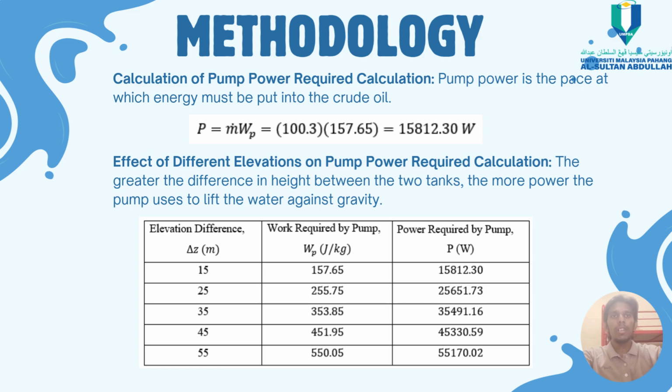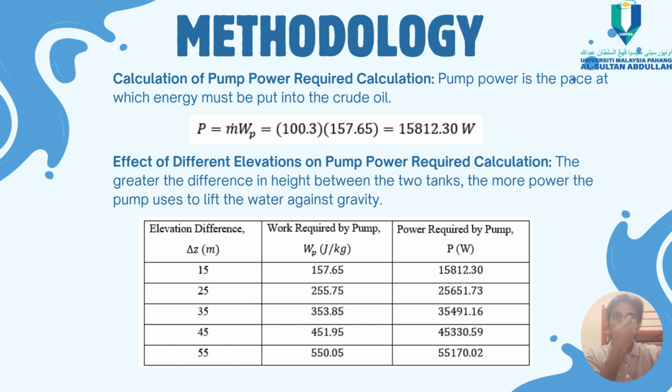We are getting the different amounts of power required by the pump operation. So therefore we can know that in petroleum storage and transmission, the greater the difference in height between the two tanks, the more power is used to lift the liquid against gravity. For the study's effort, this table is conducted to justify the parametric analysis, which was carried out by